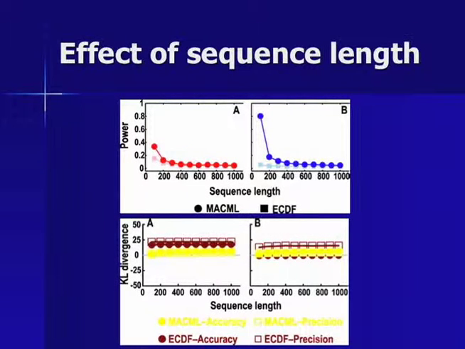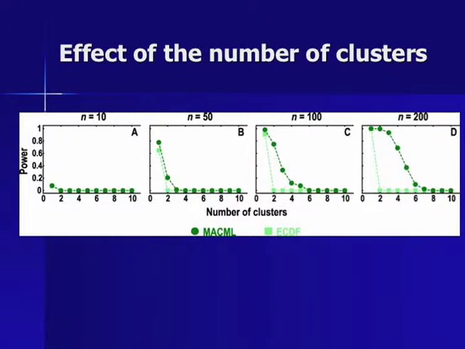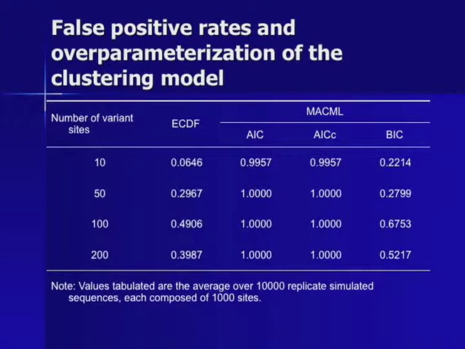The power of MACML is greater than that of ECDF across sequence lengths, and the accuracy and precision of MACML is better across sequence lengths. MACML also detects multiple independent clusters better than does ECDF, to an extent that depends on the number of variant sites. Having shown the relative power, precision, and accuracy of MACML compared to ECDF, we have just one more thing